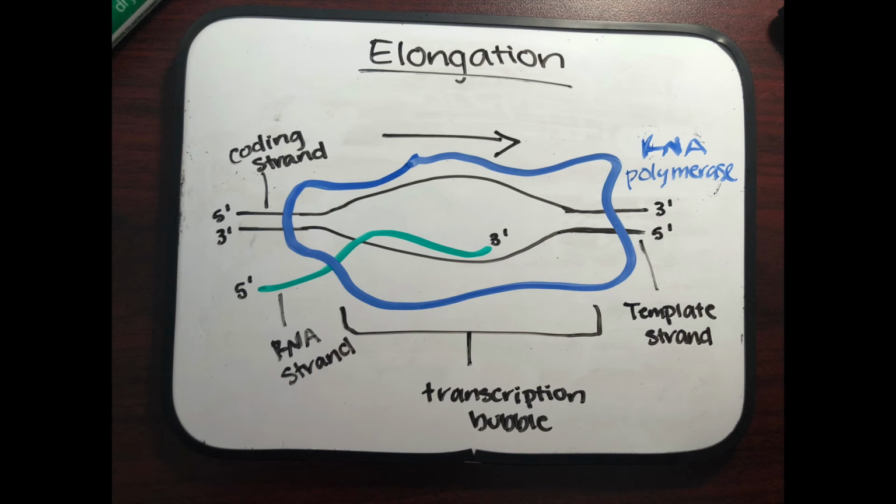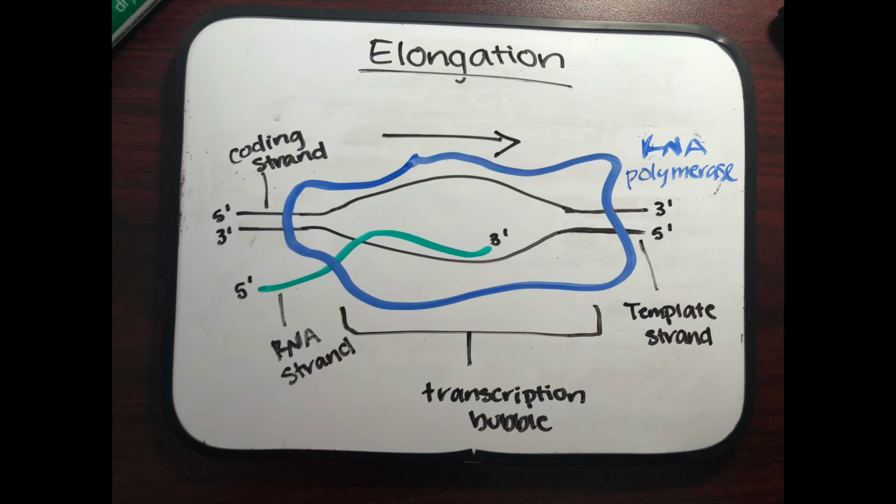Elongation is when the sigma factor detaches from the RNA polymerase, and therefore the enzyme can move away from the promoter region. The enzyme moves from 3' to 5' end of DNA as it copies the template strand. The strand that is not copied is called the coding strand, and it is the same as the newly made RNA, except RNA has a U instead of T.